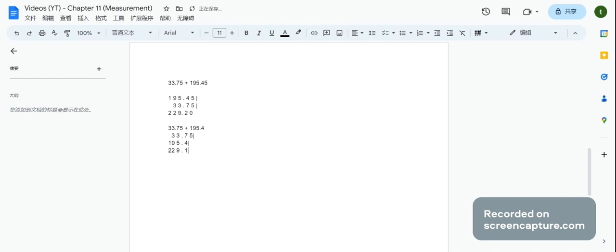Okay, so compared to addition and subtraction, multiplication and division are relatively simpler. Basically, you just round the final answer to the value with the least number of significant figures. So for example, you have this times this. If you just put this random thing in the calculator, you're able to get